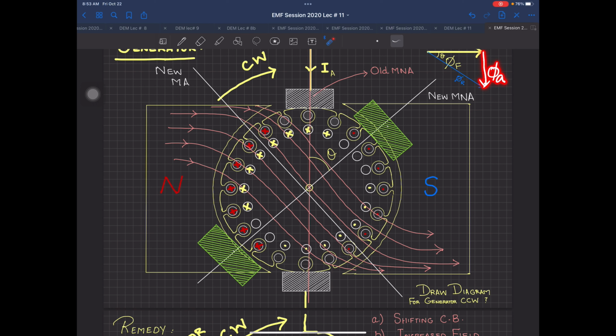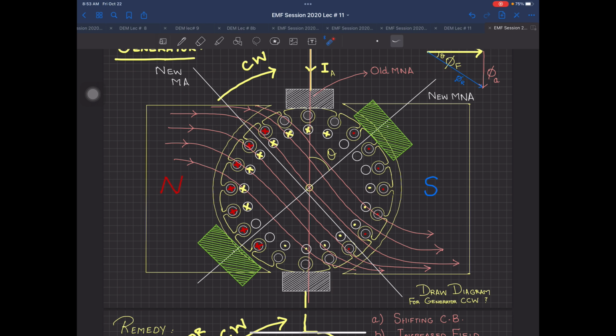When this angle is changing, this angle theta changes. And this is the same angle theta shown over here. This is the angle of shift in the magnetic neutral axis. This was your magnetic axis previously. Now your magnetic axis is like this. So you can say this is that angle shift over there, the same angle theta on the magnetic neutral axis.